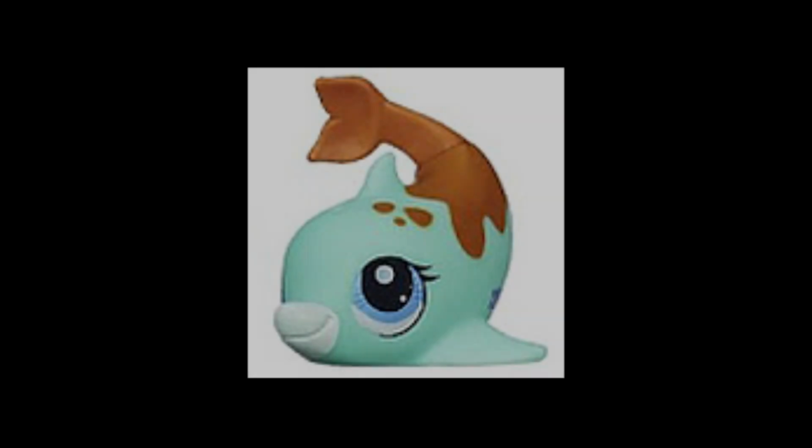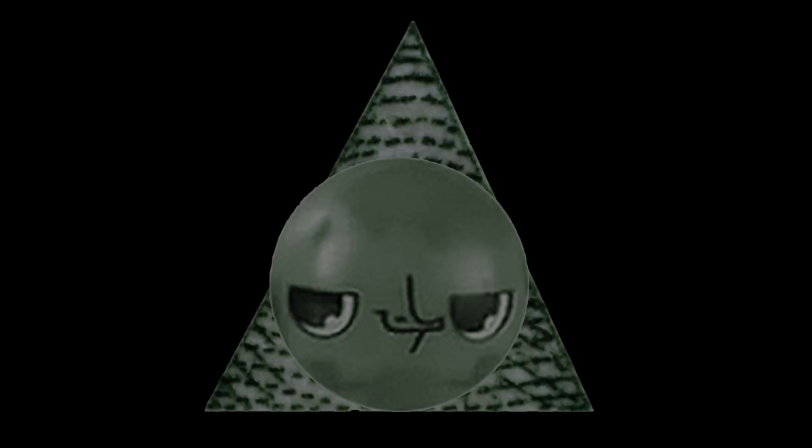Littlest Pet Shop Generation 3, created in 2013, which ends in 3. This video was uploaded on 2/6/21, which if you divide the first 2 numbers you get 3. If you add the last 2 numbers you get 3. 3. 3. 3 sides of a triangle. Could this be